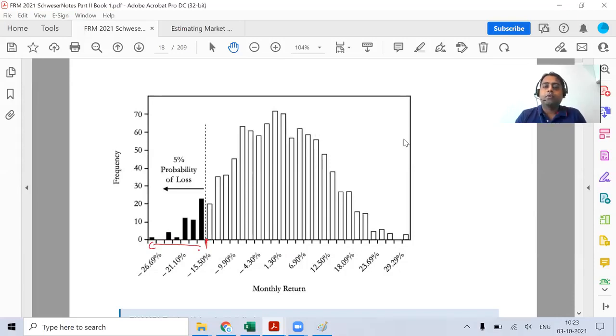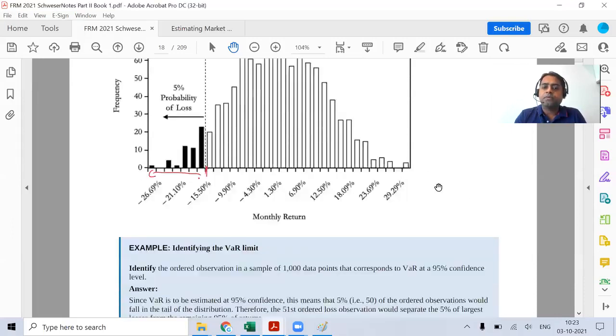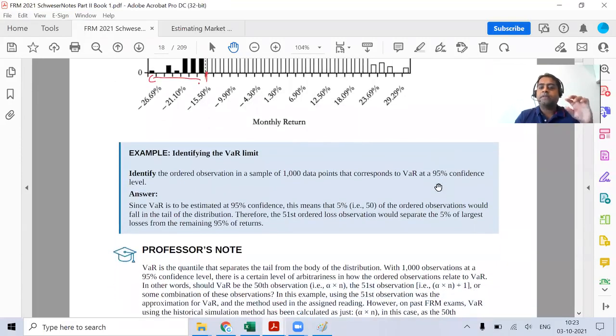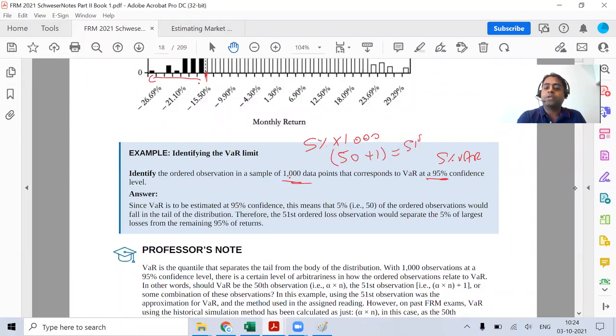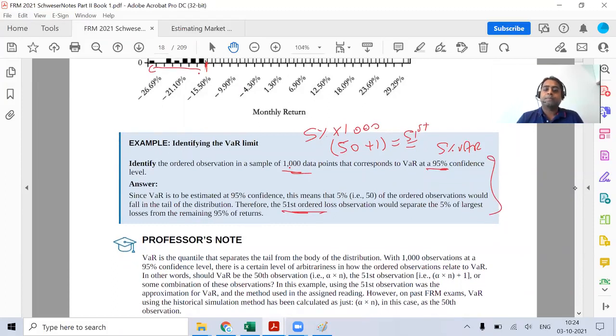Okay, perfect. I'm going to move towards the example. This is also similar to what we had in level 1. Now, they have given you two different examples to talk about two different aspects. The first one is basically talking about, for example, if I have 1000 data points and I want to find 5% VaR. So by logic, it is going to be 5% of 1000 data points. That has to be 50. But we just now said that it has to be +1. So it has to be the 51st lowest data that we are going to be taking care of. So this example just reiterates the points which we have seen in the previous section.